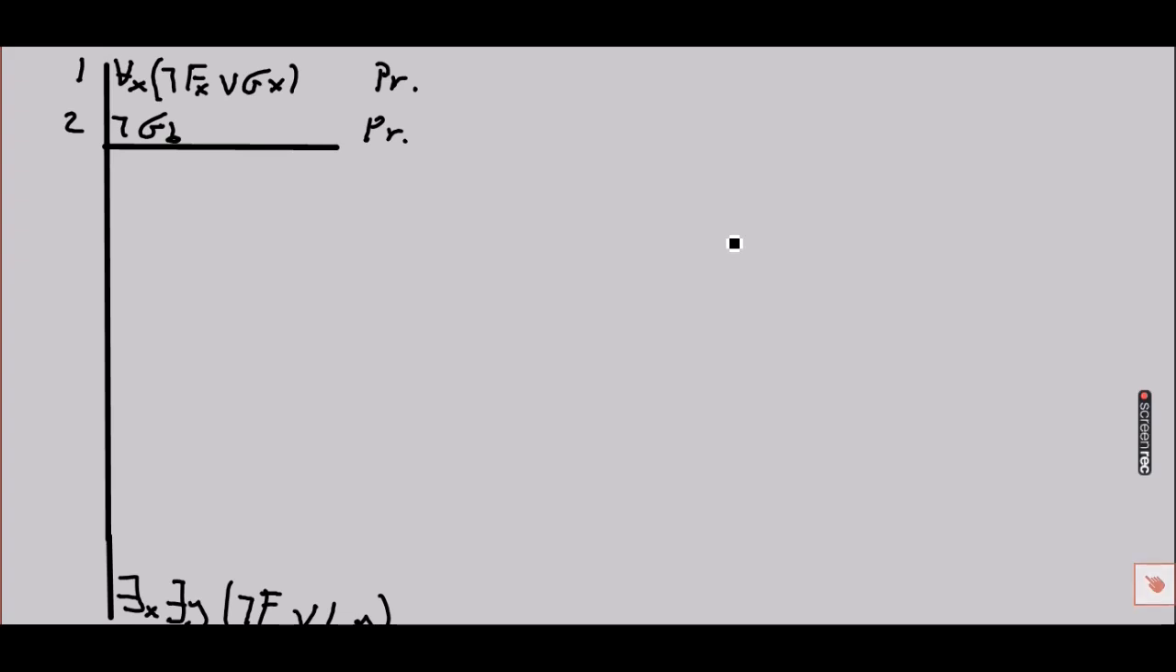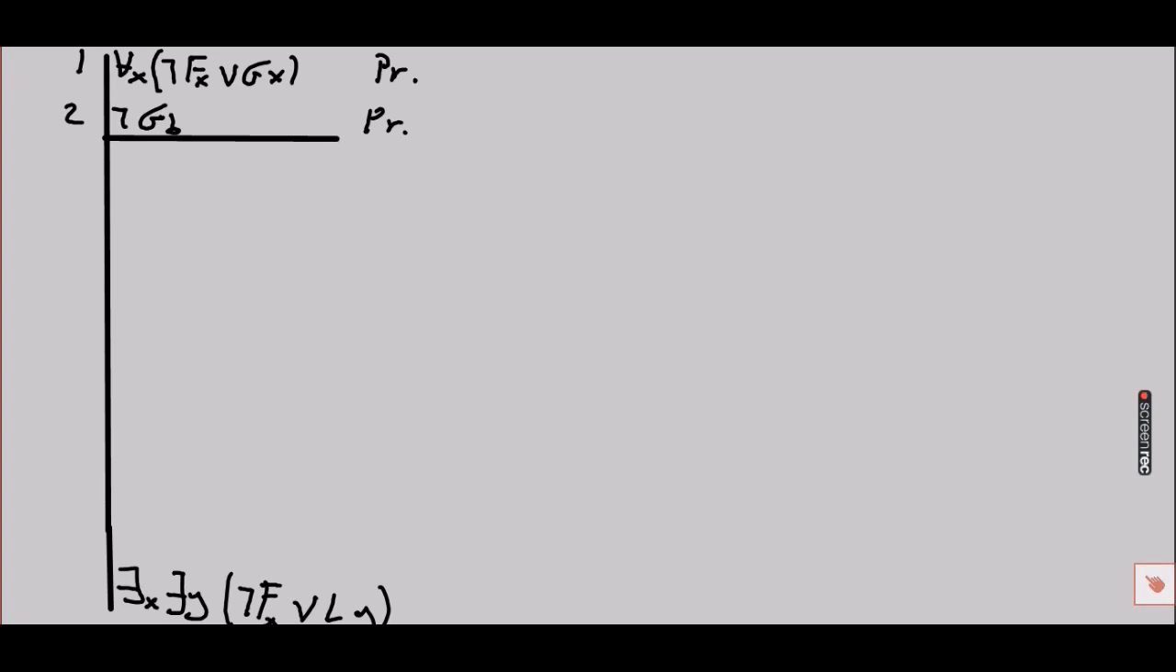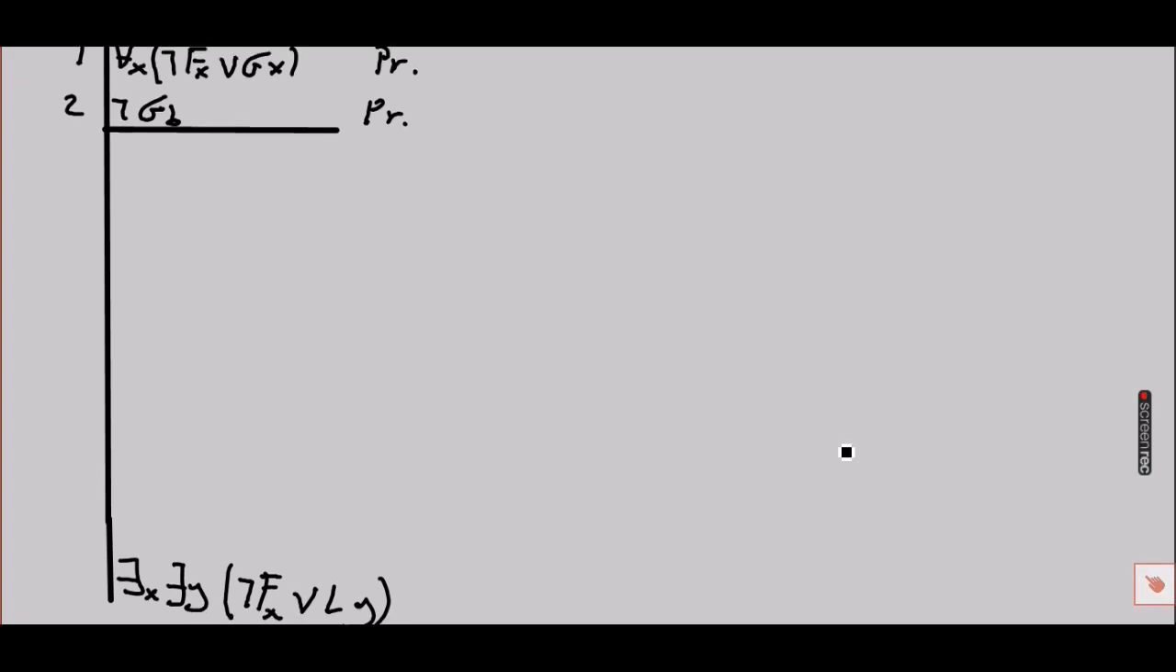Okay, so here we have this problem, and our goal is to get to this formula at the end. There's some x, there's some y, not Fx or Ly. So since my goal is an existential, I'm going to use existential intro,